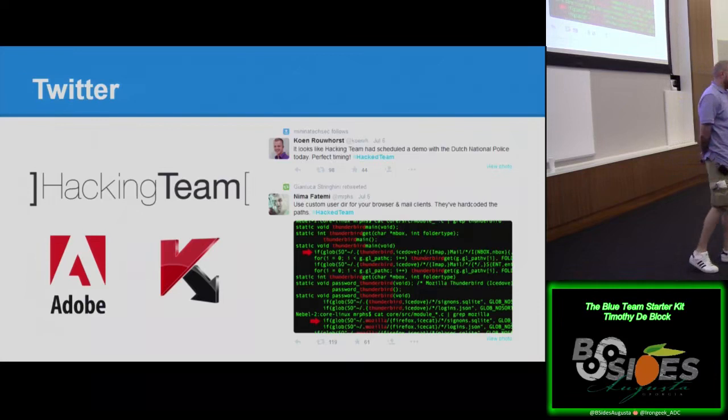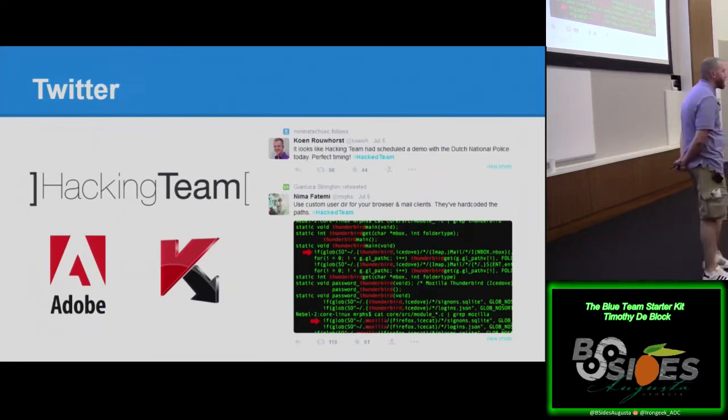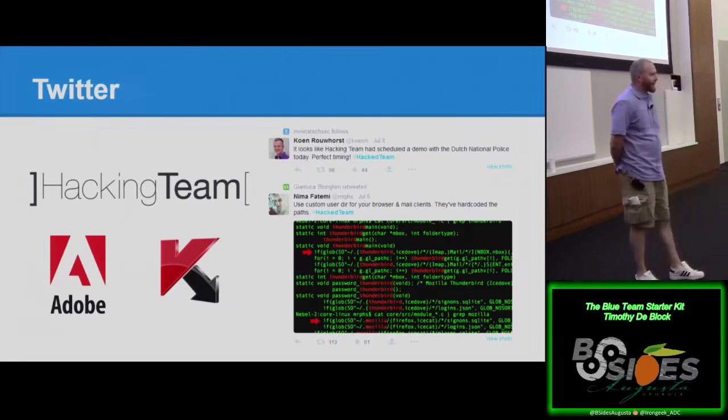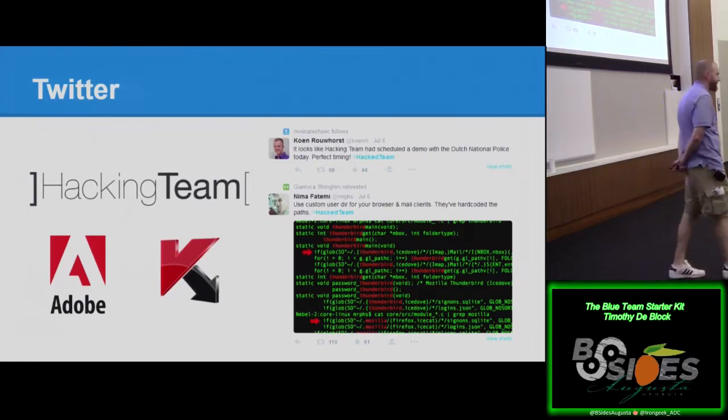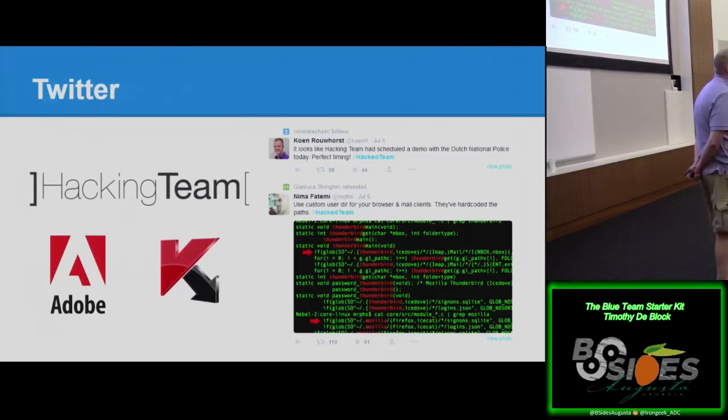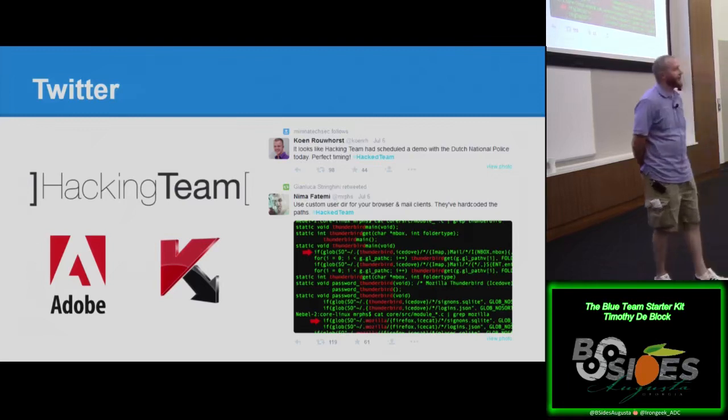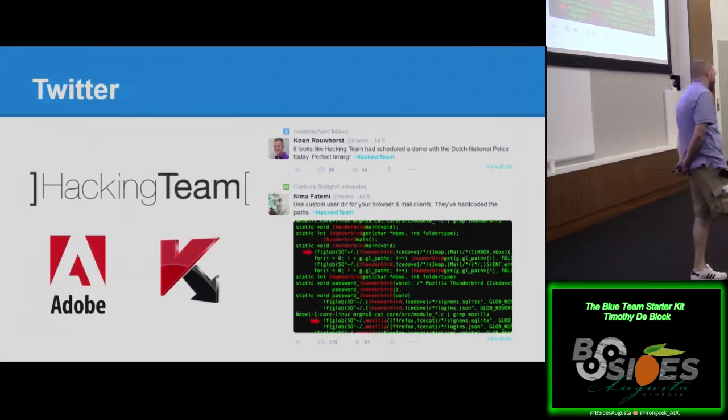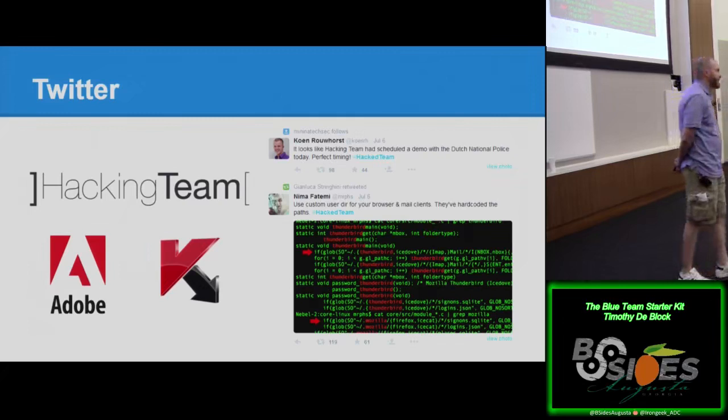So in this demonstration, you've got Hacking Team. I don't know if anyone was on Twitter for that one, but it was actually a lot of fun. There was a lot of snark, a lot of making fun of them, and a lot of rhetoric. But as you can see there, there are also a lot of people doing analysis on this data, finding Adobe vulnerabilities. I think they had 2 or 3 Adobe vulnerabilities that Adobe didn't know about. So let me go follow Adobe, so I know when Adobe is going to actually patch this stuff and release the patch for all of it.